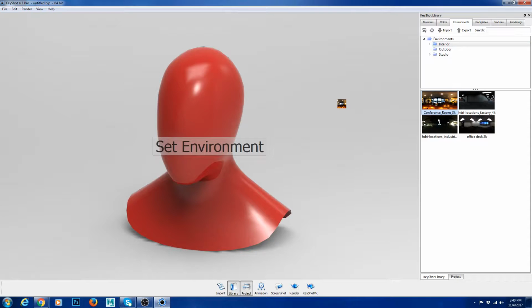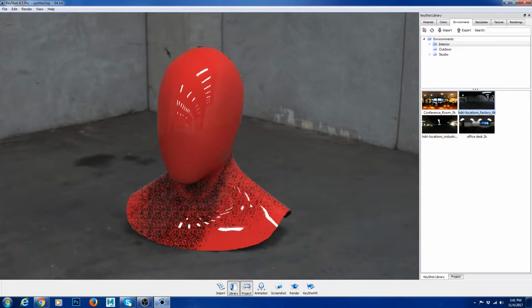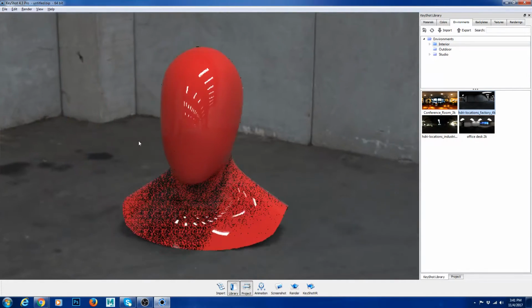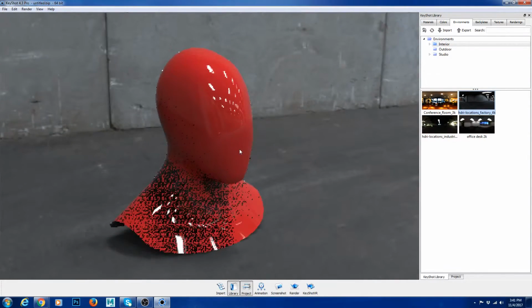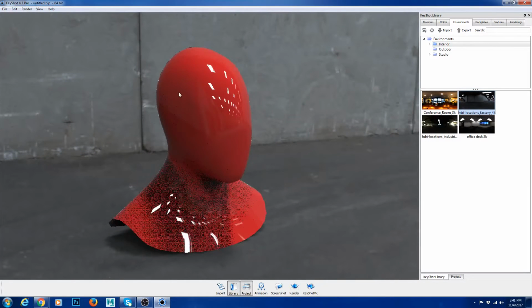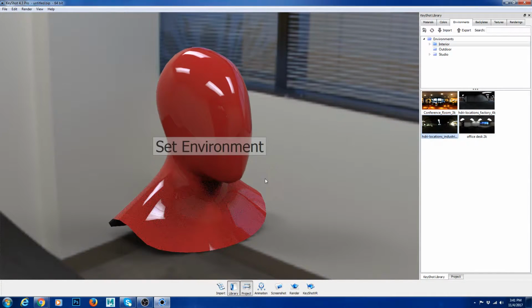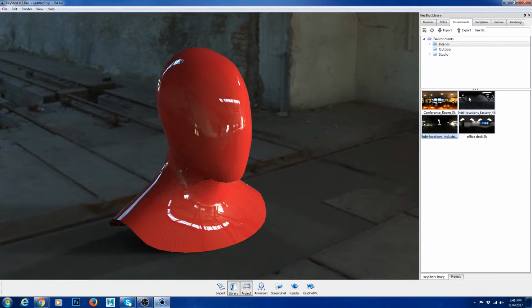the indoor. If I click and drag it down here, you see my geo is interacting with the lighting environment I clicked on. This is a pretty easy way to create environments in Keyshot, and it's pretty amazing how fast it is, almost real-time rendering. You could see your render right away, so you don't have to sit and wait for it. So I'm just pulling in all the interior environments